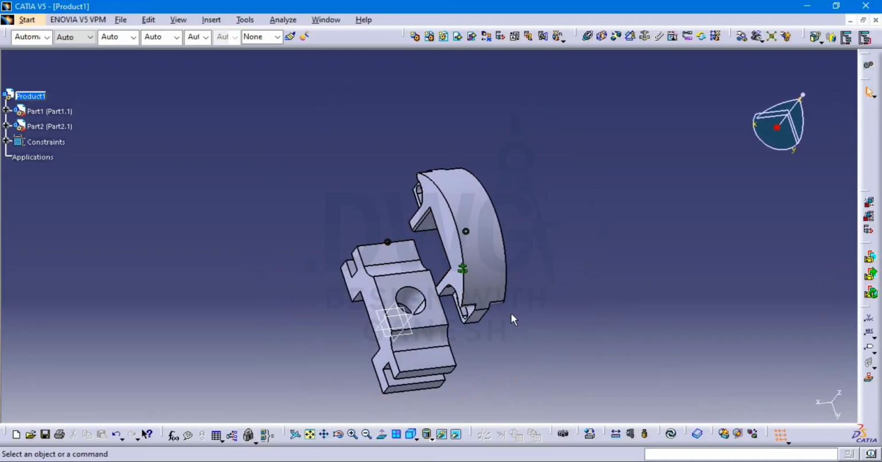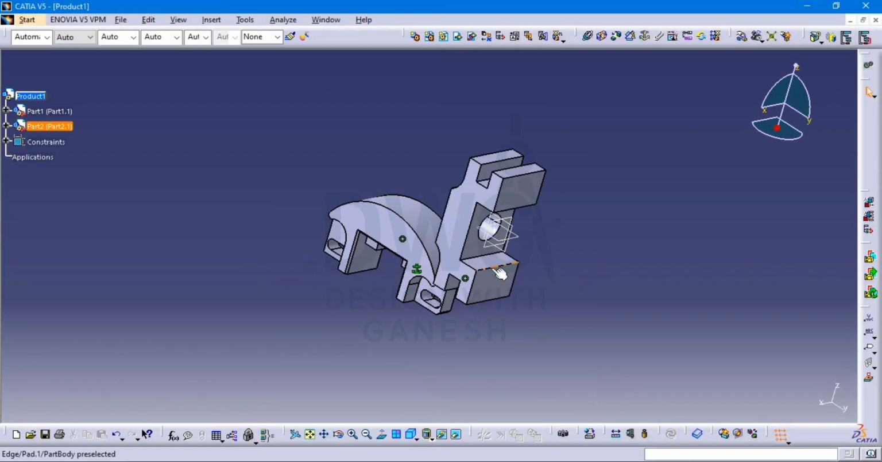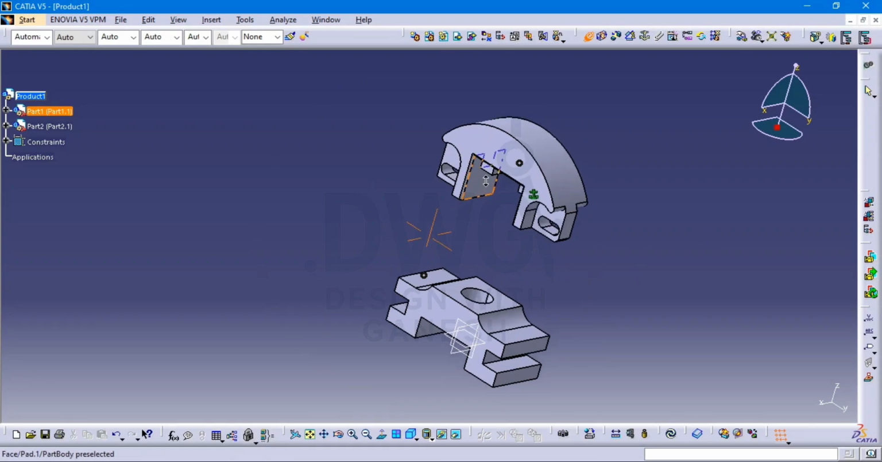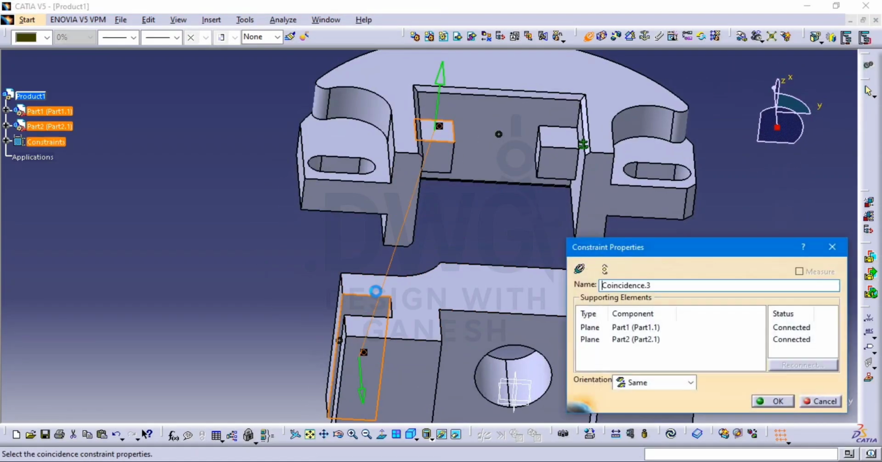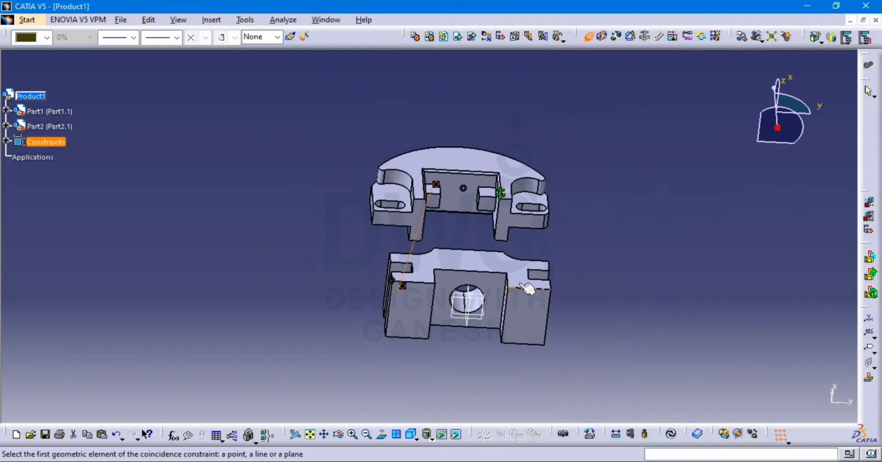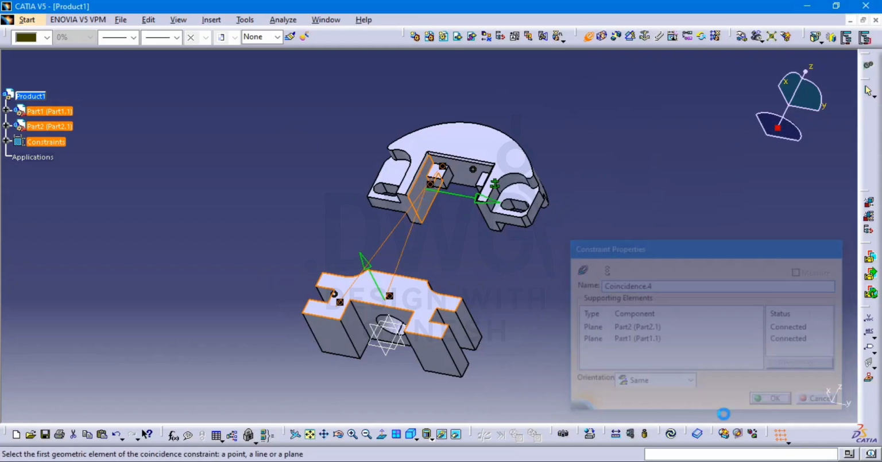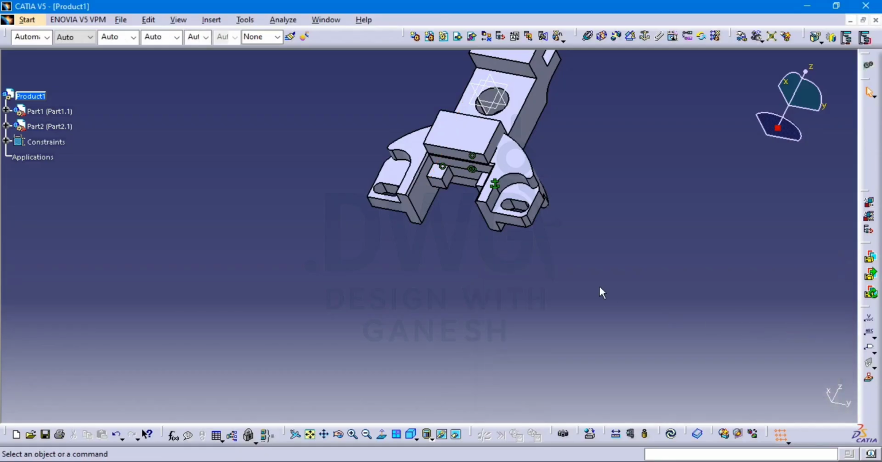If you want to see the result, you need to update it. See, this is how it happens. But before updating it, we will give another constraint also. So double click on the coincidence constraint and select this face and this face, click on OK, and this face and this face, click on OK, and update it. See, this is how it will make the